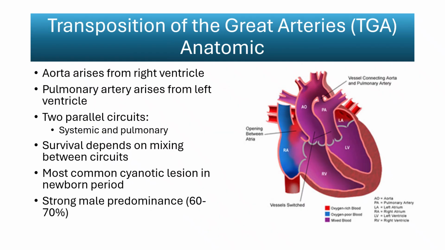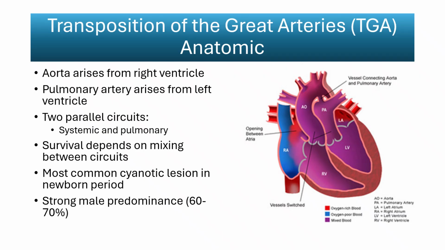In transposition of the great arteries, the ventriculo-arterial connections are reversed. The aorta arises from the right ventricle, while the pulmonary artery arises from the left ventricle. This creates 2 parallel circulations, rather than the normal series circuit. Deoxygenated blood returns to the systemic venous side, passes through the right ventricle, and is pumped back into the aorta without oxygen exchange. At the same time, oxygenated blood from the lungs recirculates from the left ventricle back into the